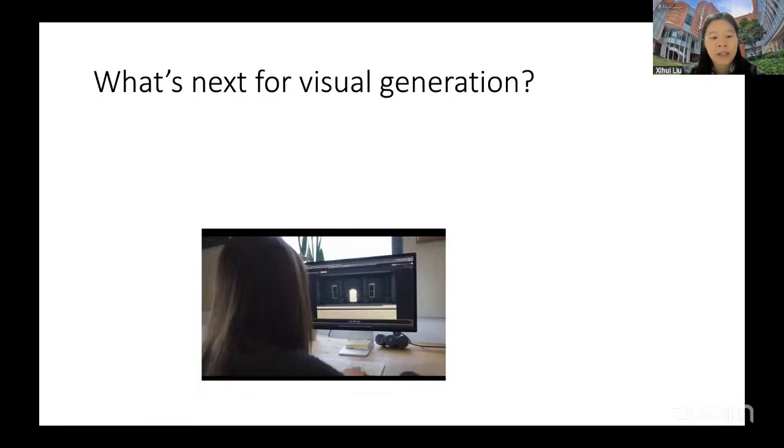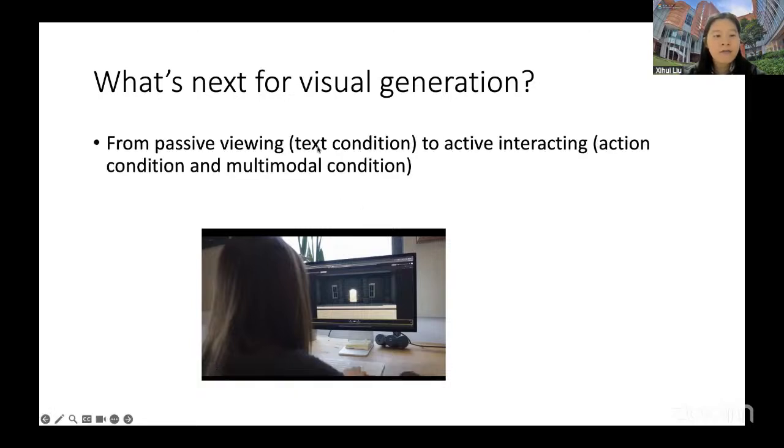One direction is that we think the current mainstream paradigm of visual generation is basically passive generation. For example, the user gives a text prompt to the model, and the model is required to generate a video clip just at once. However, the user cannot interact with the generation process.